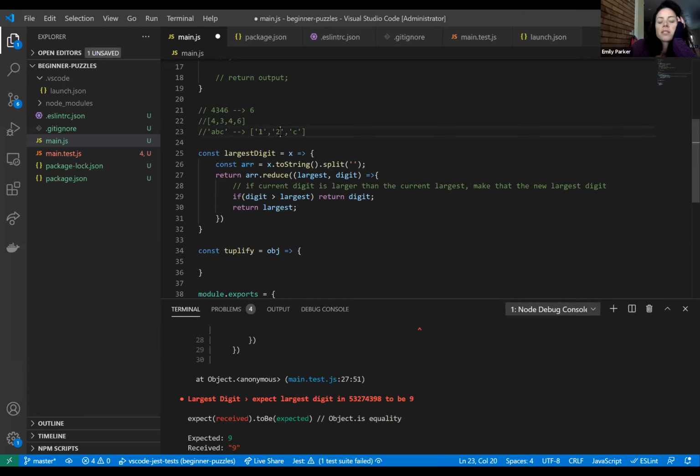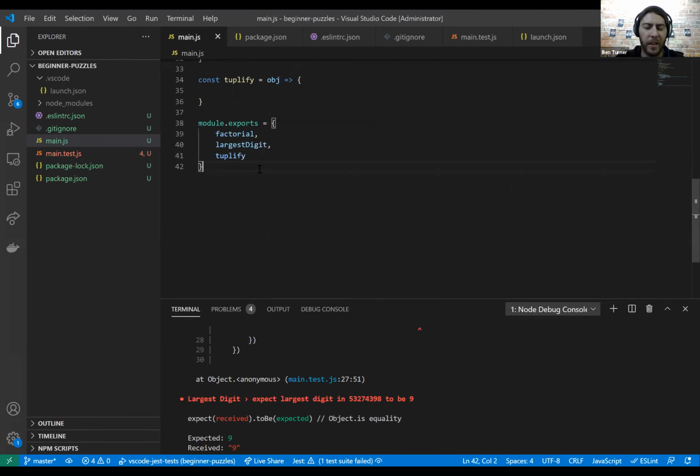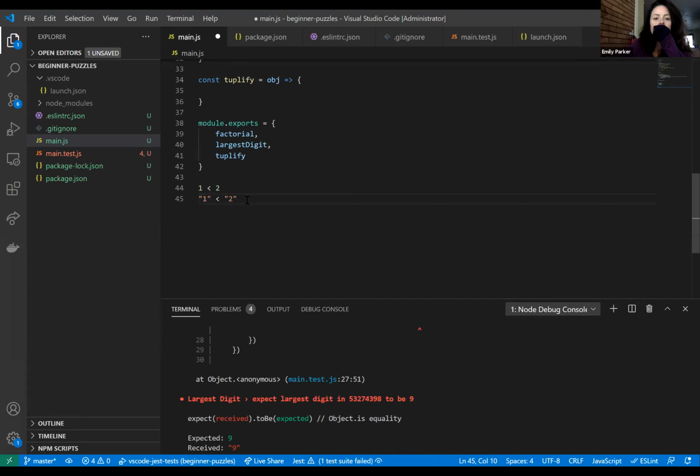Oh, so because it's a string itself, you can't compare if it's greater than or larger? You can, but there are some subtleties there. So 1 is less than 2, as opposed to the string 1 is less than 2. Those are subtly different expressions. Now I believe that these are both going to end up being true because of the way that JavaScript type coercion works. But you've got to be careful, because in our case it's not that important, but right here